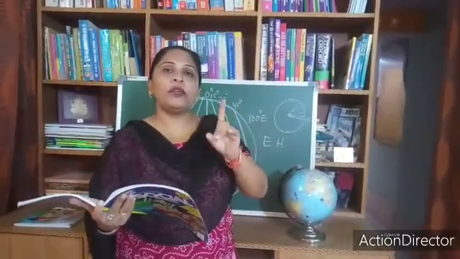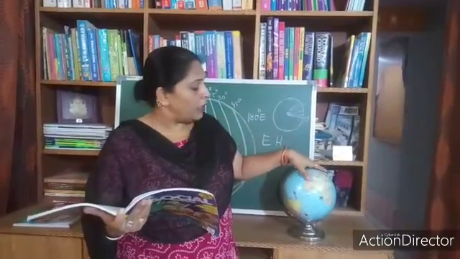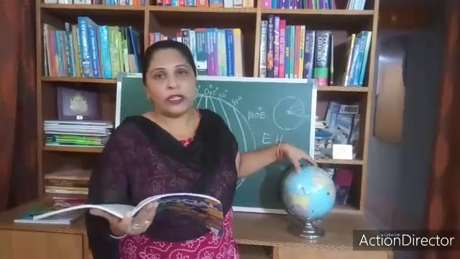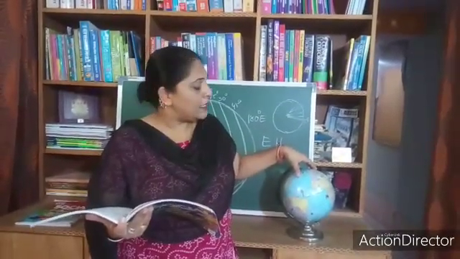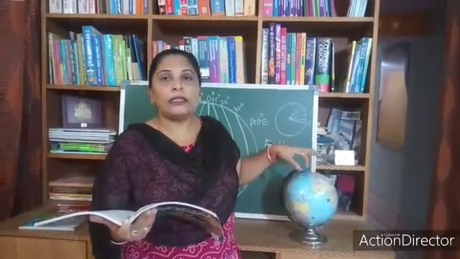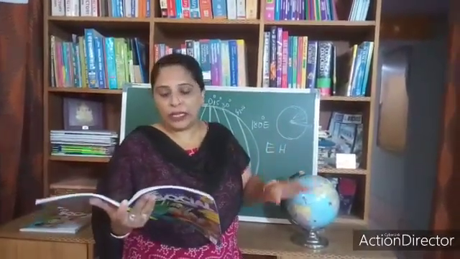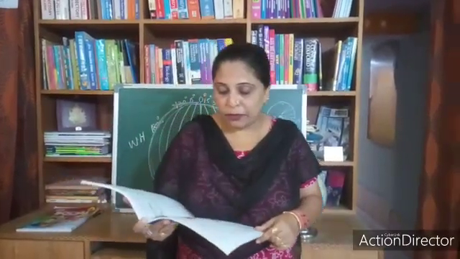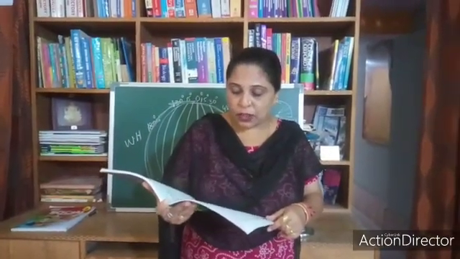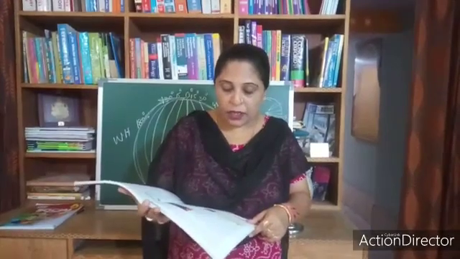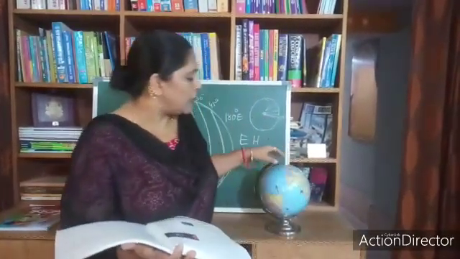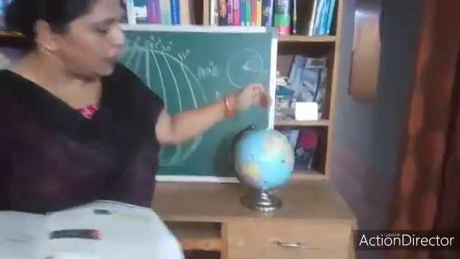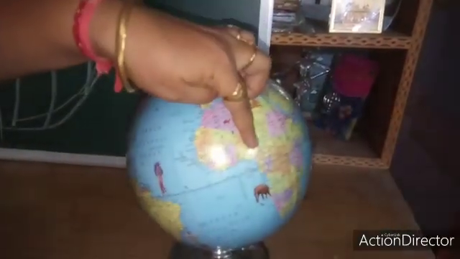And it takes 4 minutes for the earth to cover that. Suppose here it is 0 degree on the globe, and when the globe moves just 1 degree, it takes 4 minutes to move 1 degree of longitude. So each degree of longitude, the local time varies by 4 minutes. The places east of the prime meridian will be ahead in time. Obviously, suppose the sun is here, and here it is noon.